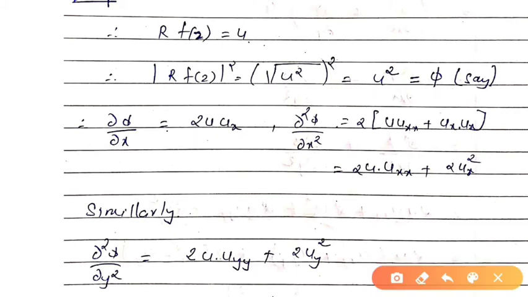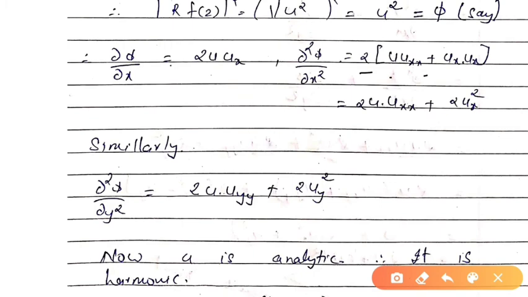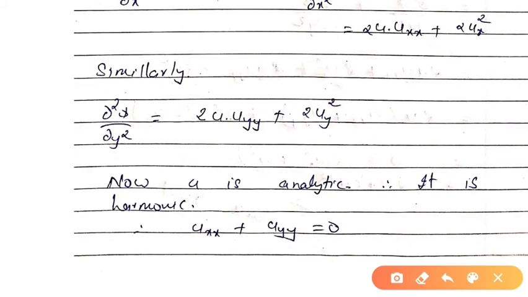Now again I will differentiate a second time. So del square phi upon del x square. This 2 will be here as it is. Here we will use the multiplication rule. So first u will be as it is, differentiation of ux will be uxx. Now plus, for the second term will be as it is, and differentiation of first term will be ux. I am multiplying this 2 in the bracket. Similarly we can do it for y. Just replace y in place of x. So I have replaced y in place of x.